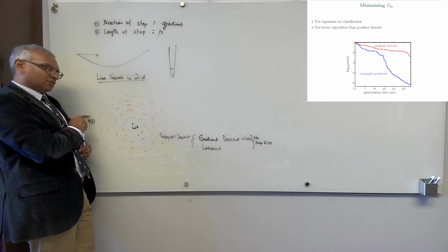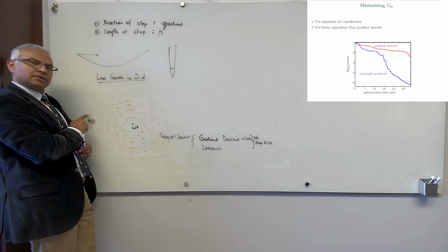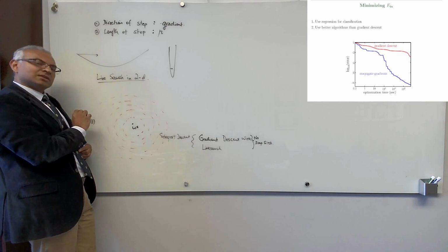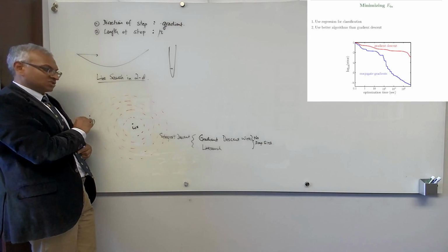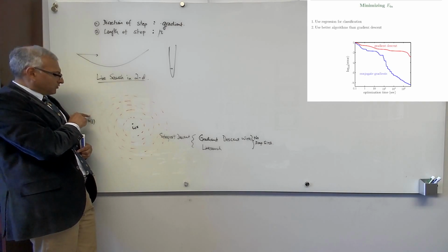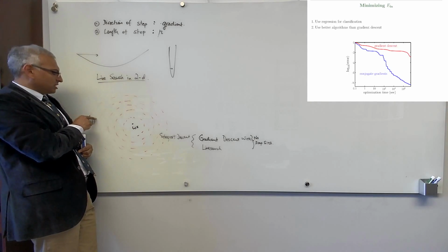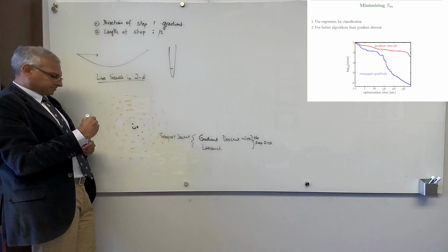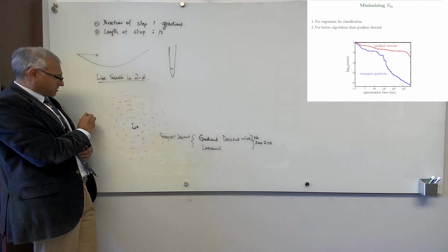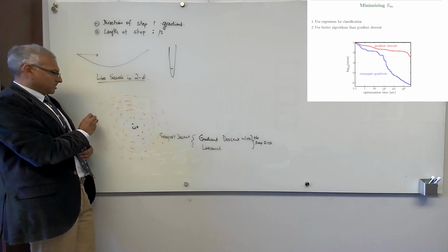This is the contour of constant in-sample error. The gradient is going to change the error in a maximum way. That's the direction that changes the function the most, so it's going to move you as quickly as possible to the next contour. In other words, it's going to move you orthogonally to the current contour that you're at. So the gradient is going to be in this direction somehow, where you're perpendicular to the current